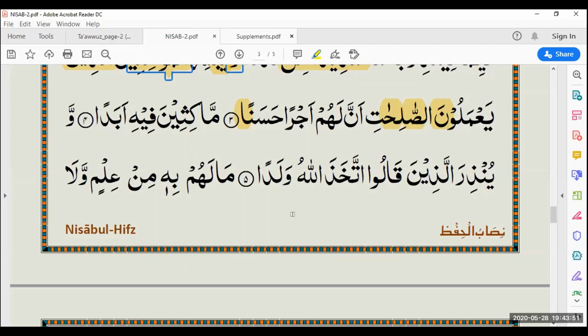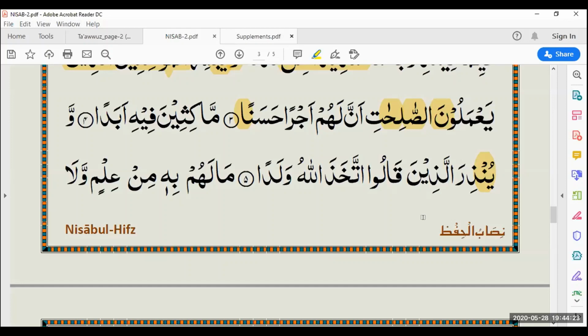Where do we see ikhfa? Ikhfa on yun. Well done. Excellent. So how would you pronounce it? Start from wa. وَيُنذِرَ الَّذِينَ. And what have you done in ikhfa rule? What is ikhfa rule? Yeah, we hide the noon sound. Excellent. Well done. We hide the noon sound here. Anything else that you can see?